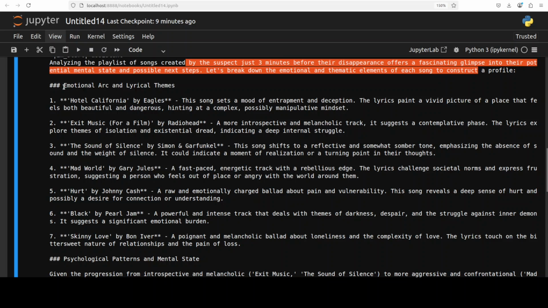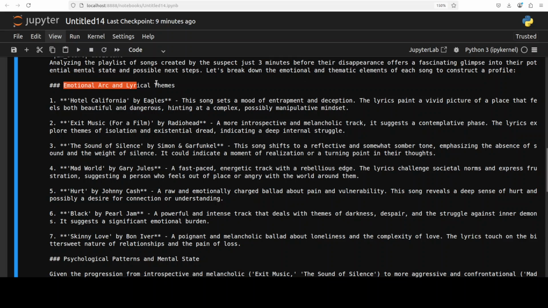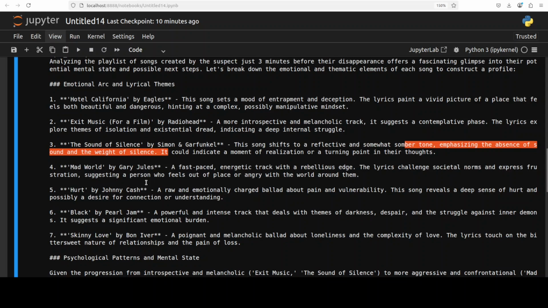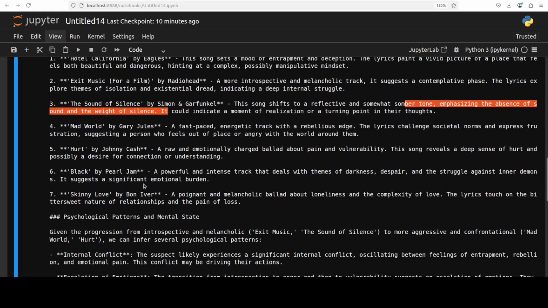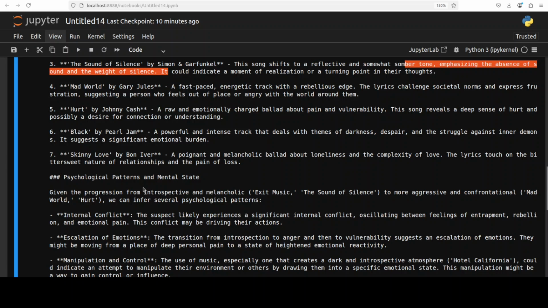And then it is talking about emotional arc and lyrical themes. How good is that? And you see now it is going song by song, what this song actually exudes. So this song sets a mood of entrapment and deception. Exit Music, a more introspective and melancholic track. Then the song shifts to reflective. So it is just getting into the spirit of the song there. So it has a very, very good understanding of